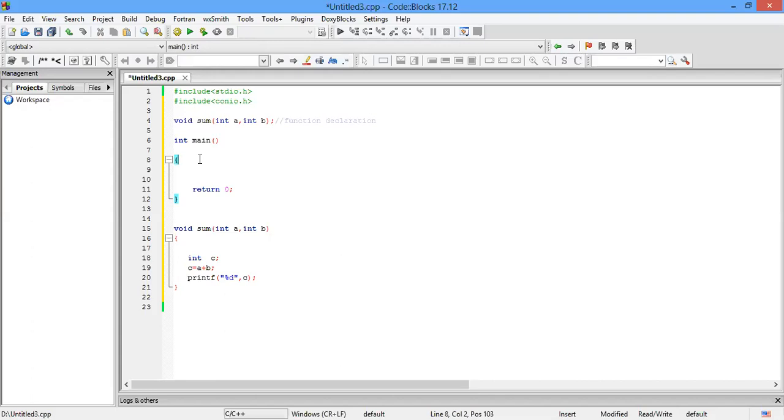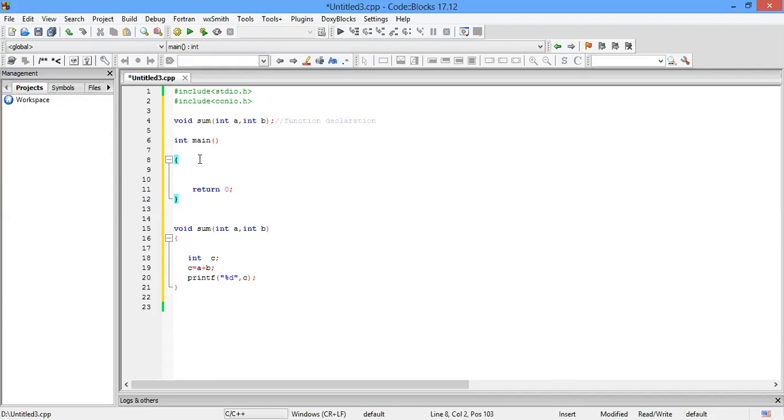Whenever your compiler goes inside int main, you have to tell it that there is one function whose name is sum. Otherwise the compiler cannot know that you have made a function named sum.